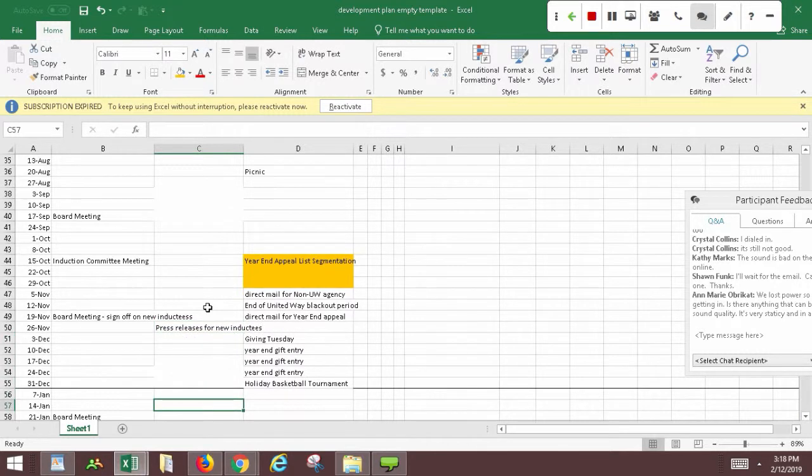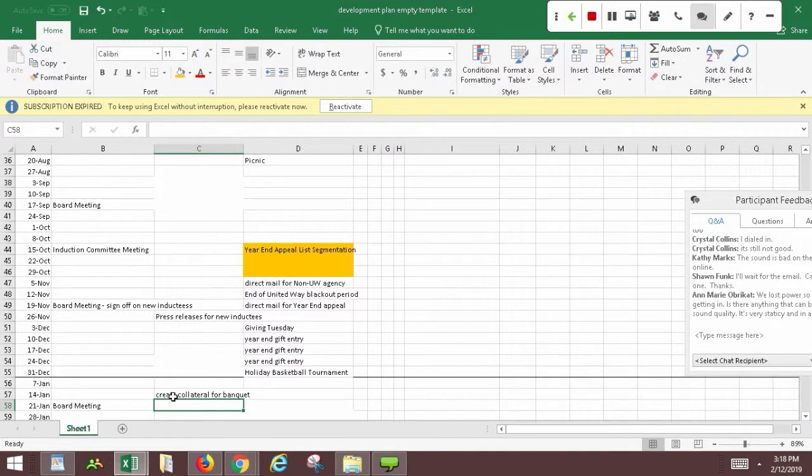And that's going to get, and then after that goes out, I've got until about the middle of January, before the January board meeting, to create the collateral for the banquet. What that means is ticket order forms, the forms by which people would lay out and order a commemorative ad. These things have to be mailed to everybody in our database that has ever bought tickets or bought an ad to honor people in the past, and also handed out to board members at this meeting, because